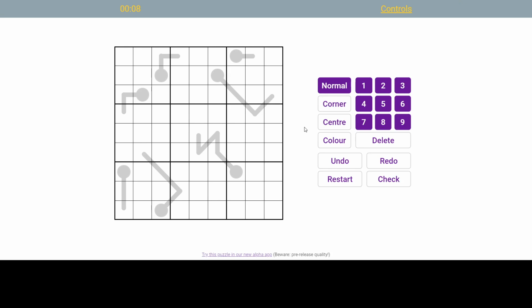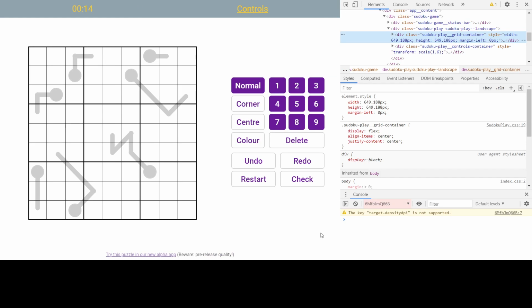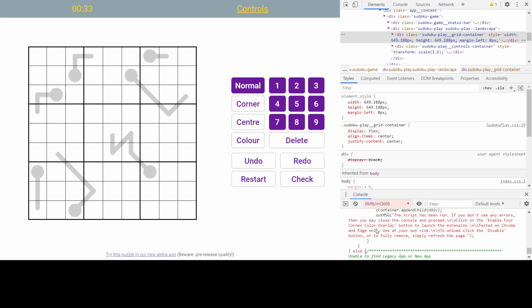All right, the first thing you want to do is right click somewhere in the page, select the inspect option, and then the next thing you need to do is make sure that the correct frame is chosen. You don't want top in the legacy app, you want to have this string of characters with the Kraken Cryptic web app selected, and then inside of here you paste the code that you have copied from the file